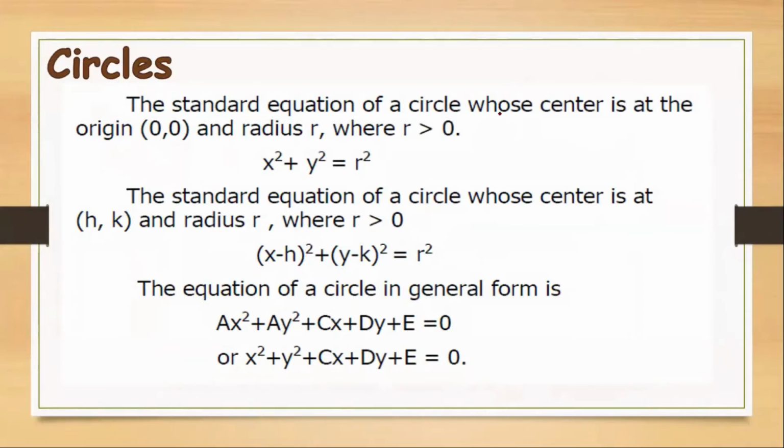The standard equation of a circle whose center is at the origin and radius r, where r is greater than 0, is given as x squared plus y squared equals r squared. And the standard equation of a circle whose center is at (h, k) and radius r, where r is greater than 0, will be (x minus h) quantity squared plus (y minus k) quantity squared equals r squared. And also,